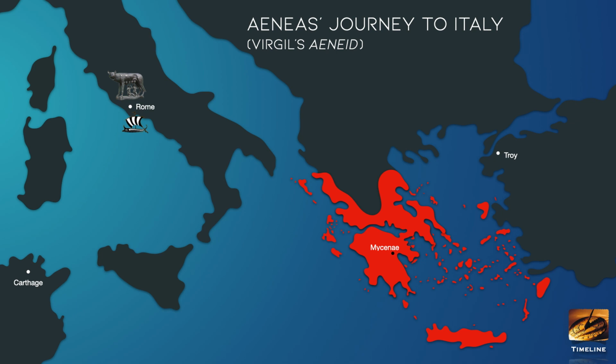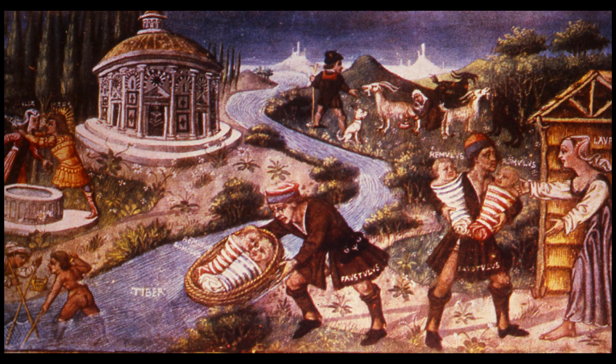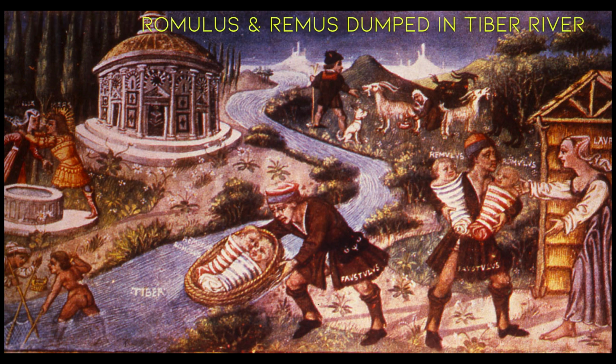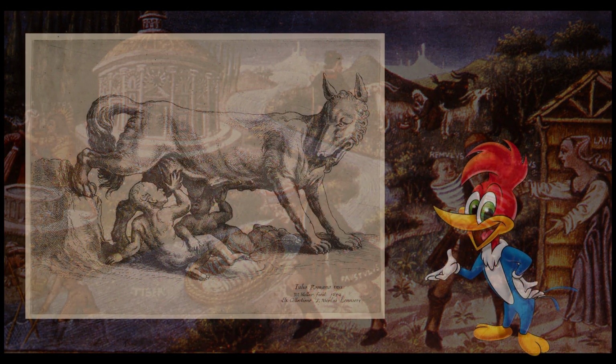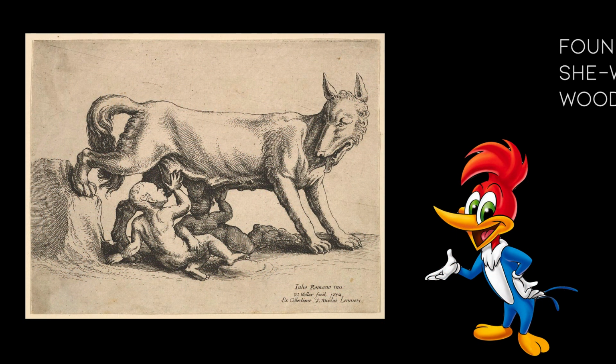Now, when you zoom into the story of Romulus and Remus, the way the story goes is that they were thrown as twin infants into the river Tiber. They had been dumped there on the command of their uncle, who was afraid that they would try to take away his throne, which he had taken from the rightful king, his brother, Numitor. Afraid that his nephews would seek vengeance for their father, whom he had imprisoned, he had them killed, but the servant decided not to kill them, and rather put them in a basket in the river. They were eventually found by a she-wolf, according to Roman legend, and they were nursed and then